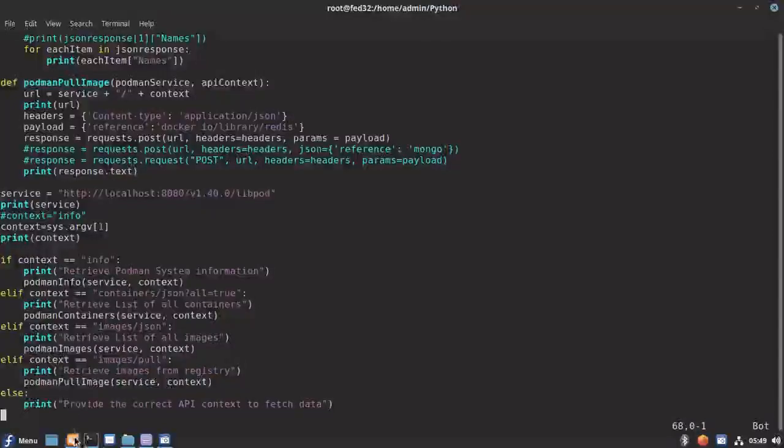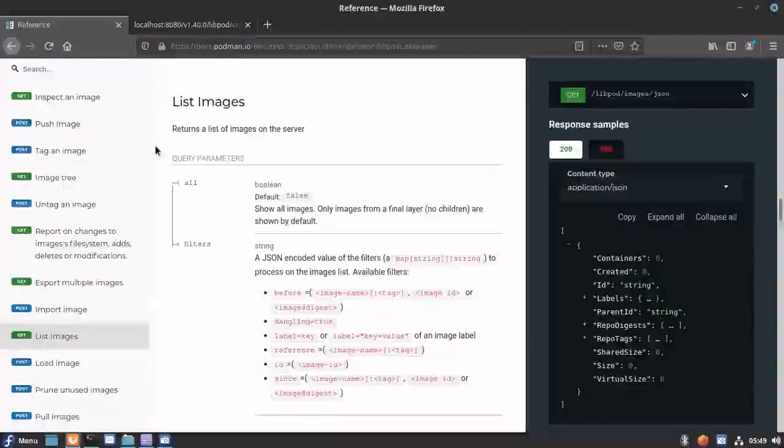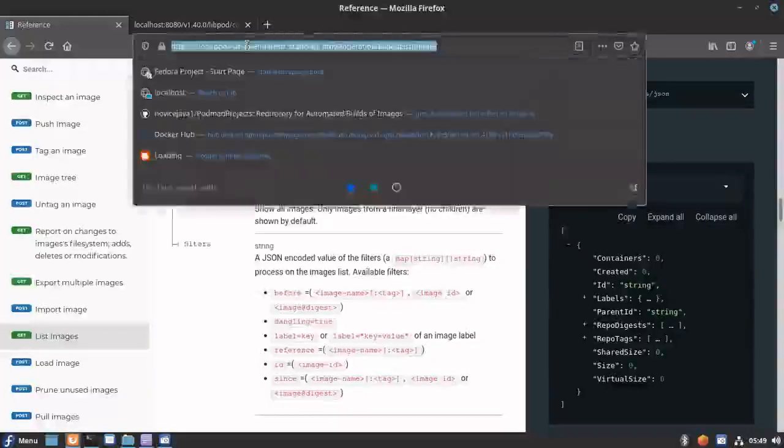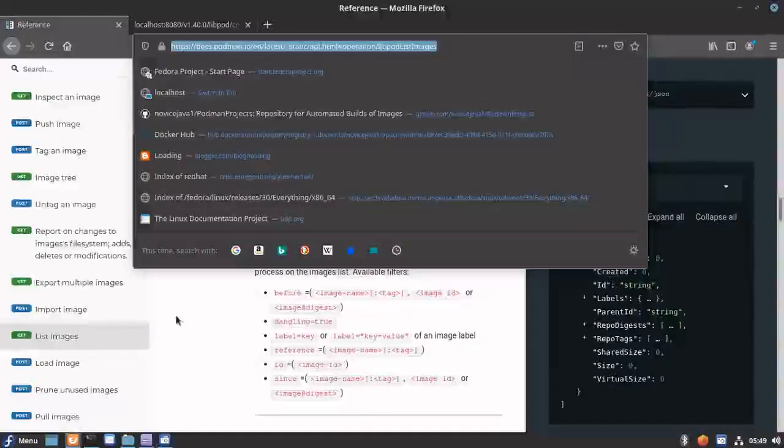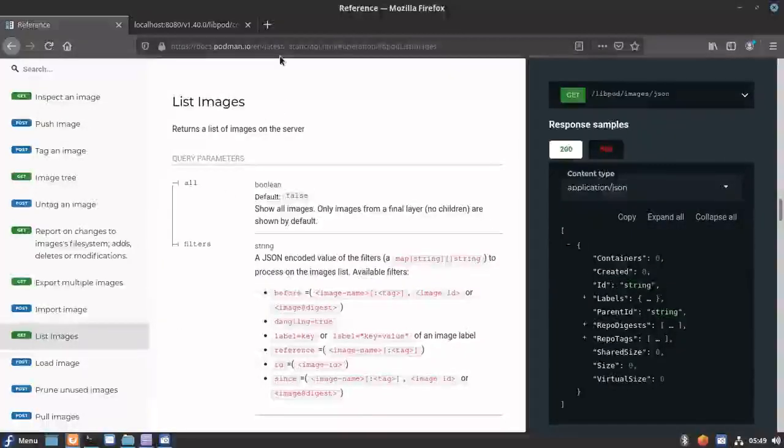Basically, you need to keep the API reference URL handy, so you can go into this from the Podman documentation references. This is going to be really helpful for you in case you want to manage your standalone Podman system remotely.